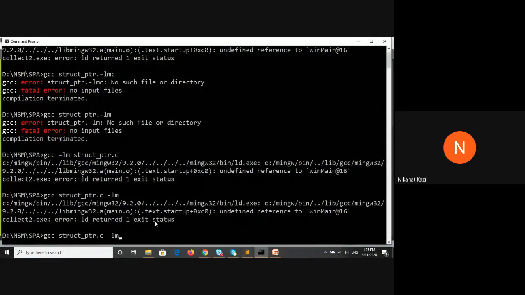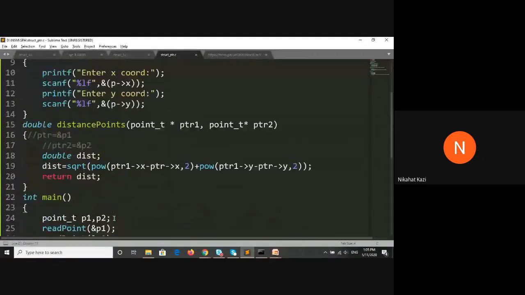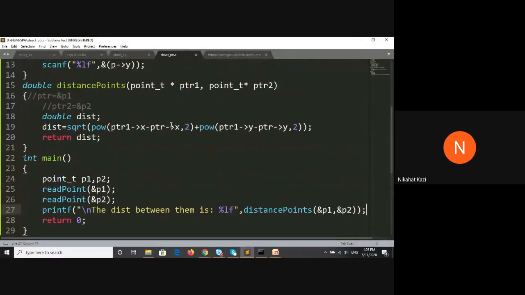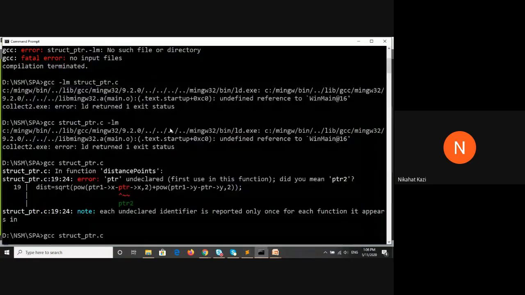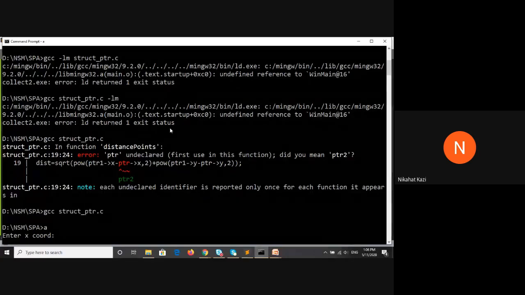Pointer 1, pointer 2. Okay. This has to be pointer 2. Okay. Here I do not require, this is Windows, I do not require the math.h -lm here actually. So suppose the x coordinates are, wait, I will just clear the screen again and show it to you.